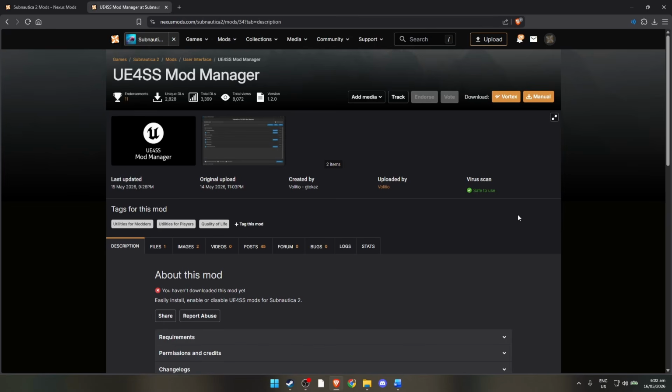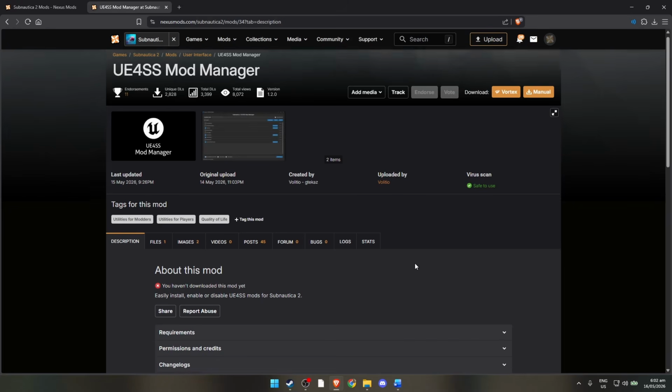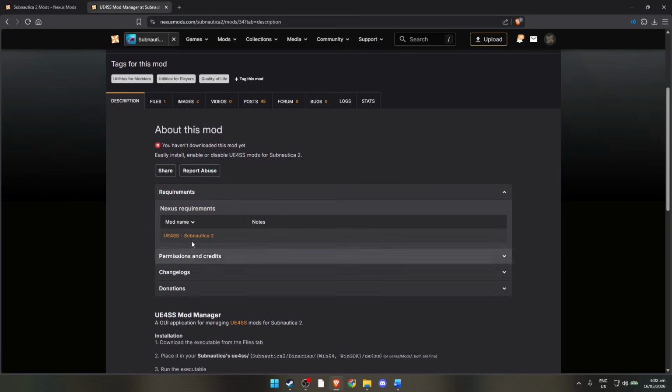If you're planning to install mods in Subnautica 2 and want an easier way to install or uninstall them, then using a mod manager is definitely the best option. First, you'll need to install the mod loader for this to work. We already have a video on the channel covering how to install the mod loader, so make sure to check